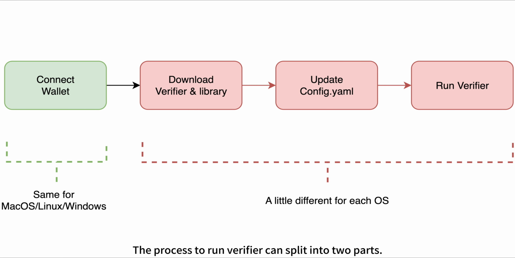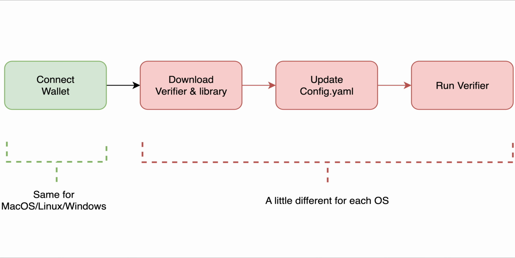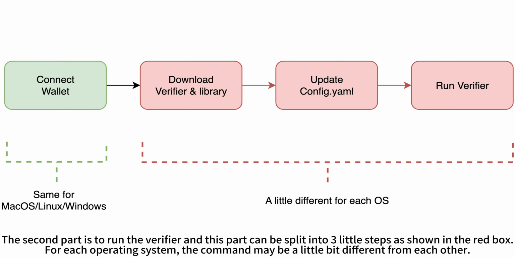The process to run Verifier can split into two parts. The first part is to connect to wallet and register as a verifier. This step is the same for macOS, Linux and Windows. The second part is to run the verifier, and this part can be split into three little steps as shown